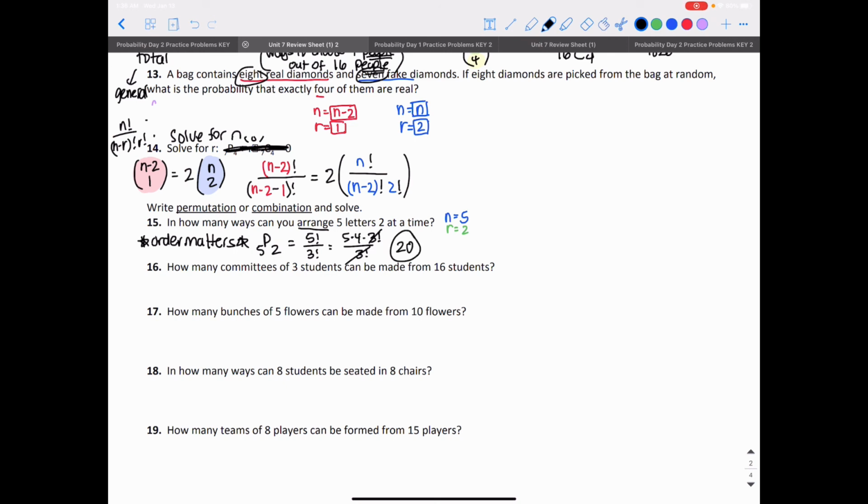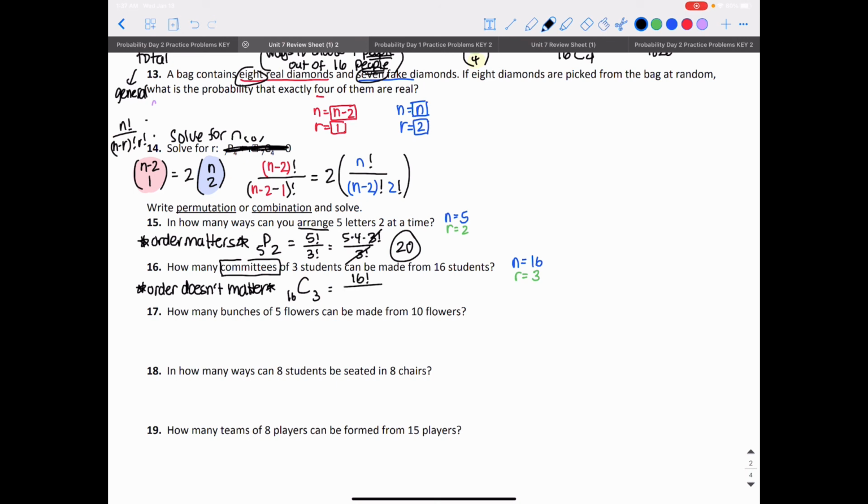For 16, I want to know how many committees. Committees, order is important. Not important, I'm sorry. So order doesn't matter. So this is a combination. I know that n is how many I have to choose from, which is 16. I'm choosing how many for the committee? 3. There's 3 spots to fill. So I'm doing 16 choose 3. So that's going to be